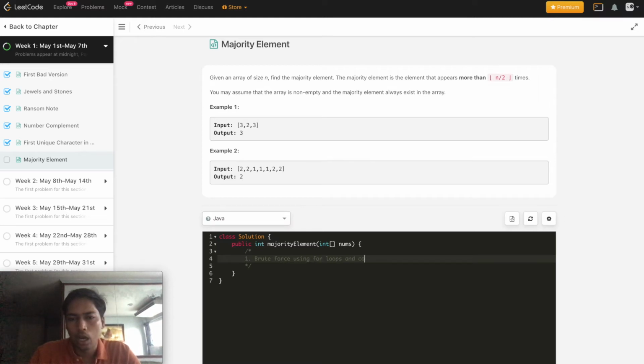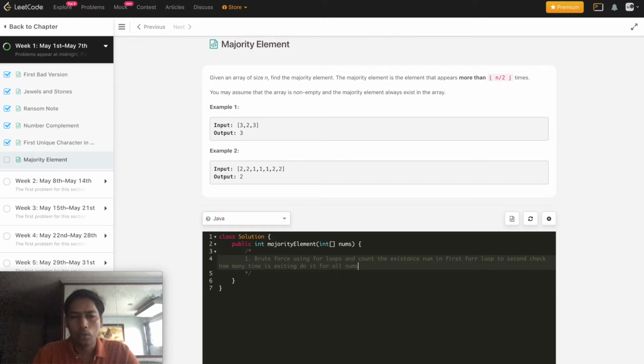Count the existence of num in the first for loop, and in the second, check how many times that particular num exists, and do it for all nums in the array.